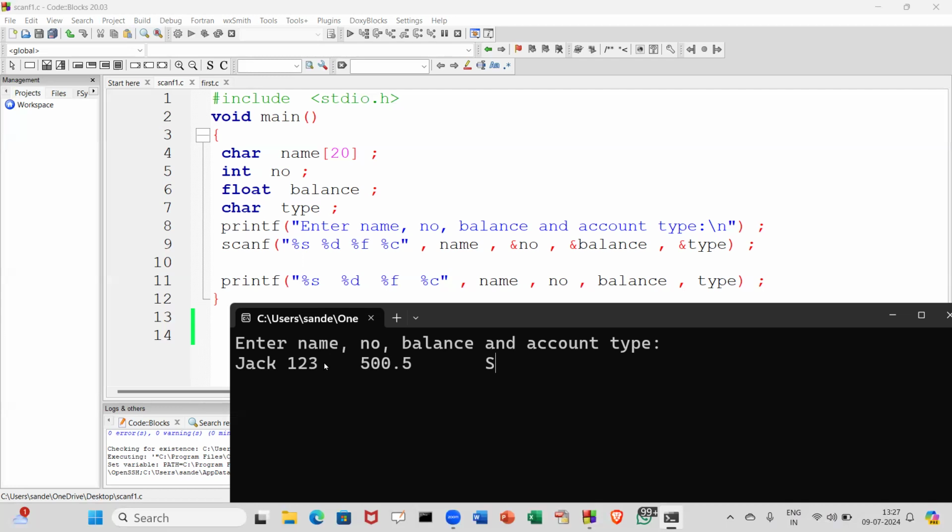तो 3 के बाद देखो फिर से स्पेस है, again it will temporarily terminate reading, and इधर तक उसने जो रीड किया 1 2 3 वो नंबर को मिल जाएगा। सिमिलरली 500.5 बैलेंस को मिल जाएगा। सिमिलरली ये जो एस है वो टाइप को मिल जाएगा। ओके, now इसके बाद अब प्रिंटफ एग्जीक्यूट होगा। प्रिंटफ क्या कर रहा है, देखो ध्यान से,